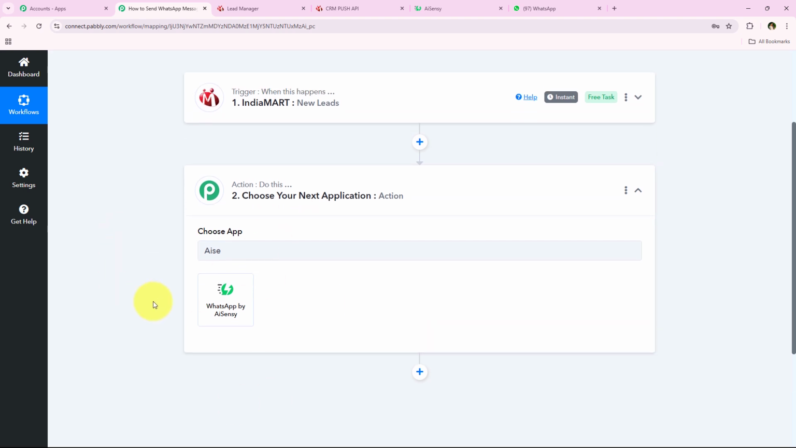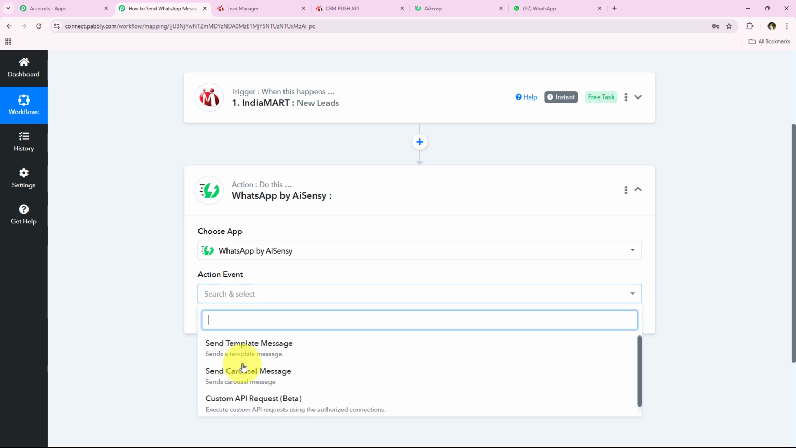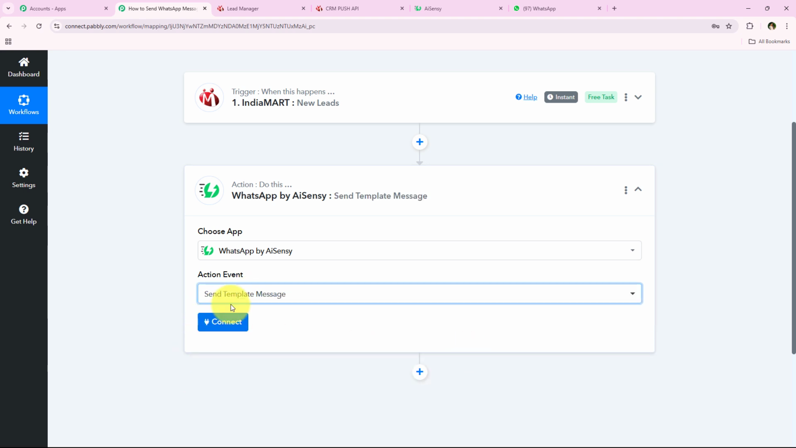If you wish, you can use any other application like Vati, and you can definitely use WhatsApp Cloud API too. Okay, so here I'm going to use AI Sensi, so I'm just going to search for it and then select it, and now it is asking me for the action event. For the action event, we are going to select send template message because this is the action